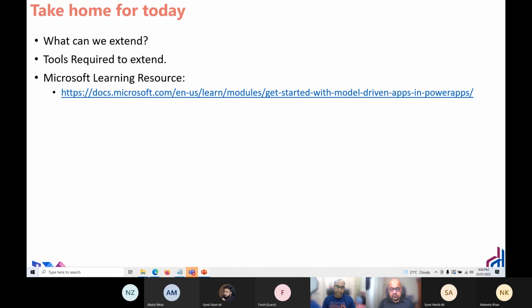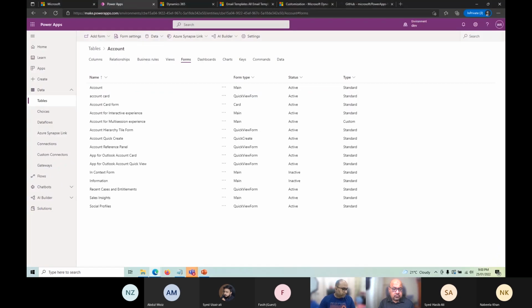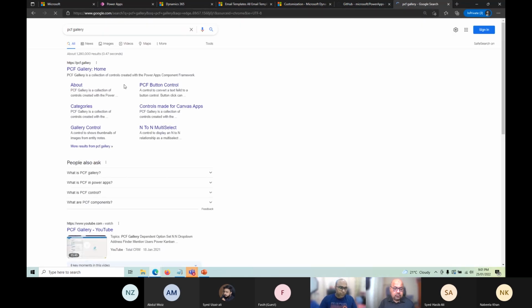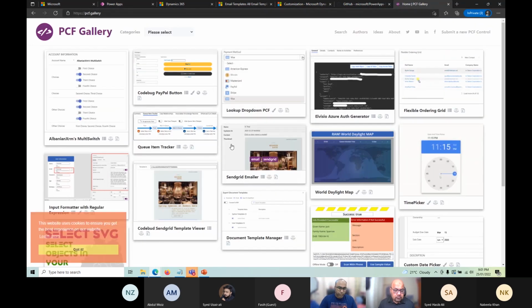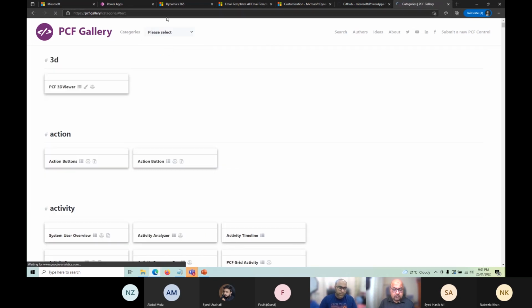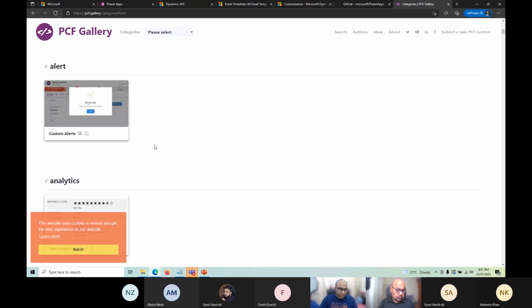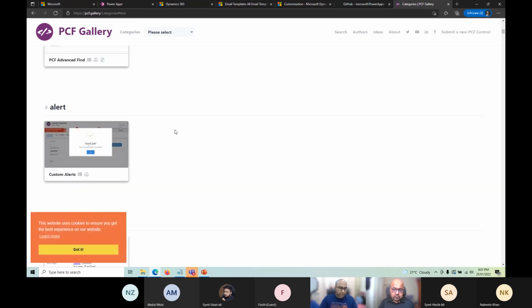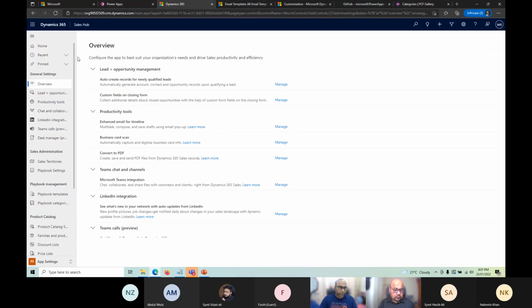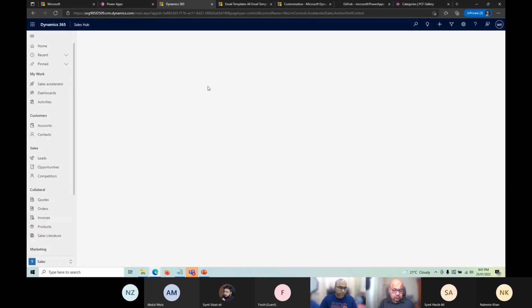Then you need to know Node.js or JavaScript if you're working on PCF controls, which reminds me that PCF controls are shown here. Just one second. PCF gallery. These are reusable controls that I just told you I would show you. For example, if I select text, these are the free tools available. You see there is a text field already available in the system. This is the text field. If I open any record quickly,